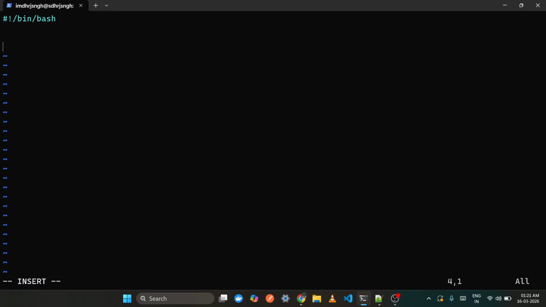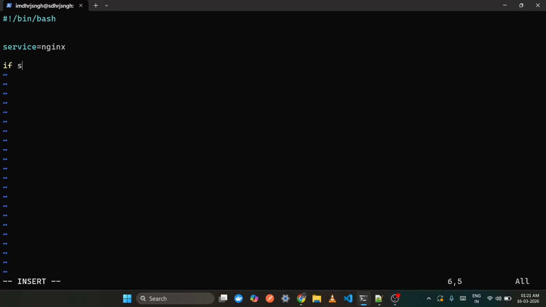Firstly, we have to create a variable with the name service and set it to nginx. Let us suppose we are checking whether nginx is running or not, and we have to apply a condition like